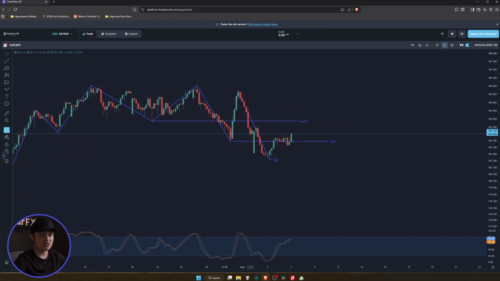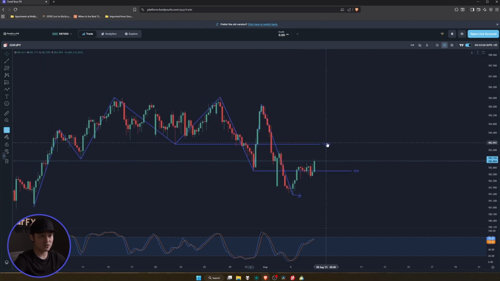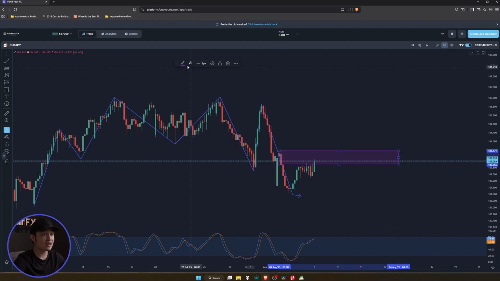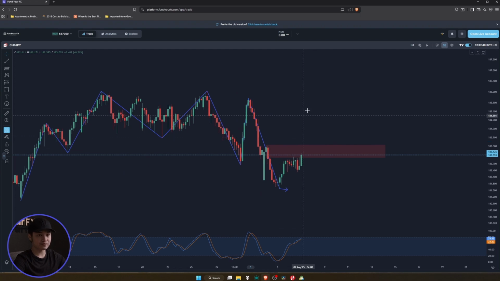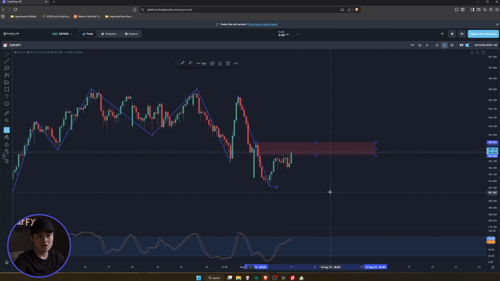Okay, let me delete this change of character and break of structure so it doesn't block our view on the supply zone. The first supply zone came at around here, this one. Okay, this is the supply zone. Potentially the pullback is going to stop or reject at around this zone. Let me change the color. This one came at around 183.571 until